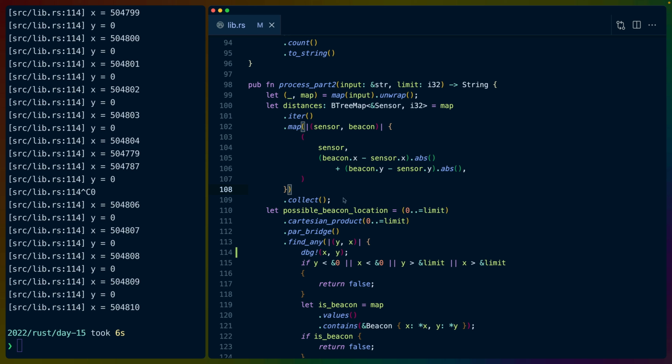There's two ways that I can think of doing this or doing it better. One is we can check all of the points immediately outside of a sensor. So instead of checking all of the points that exist, we check all of the points around the radius of a sensor. Because since there's only one point that this thing could be in, it would have to be outside